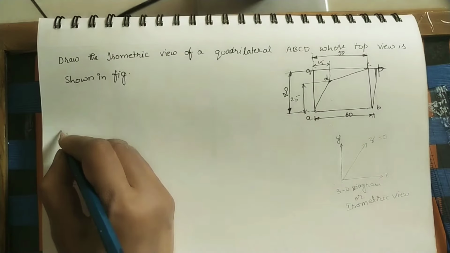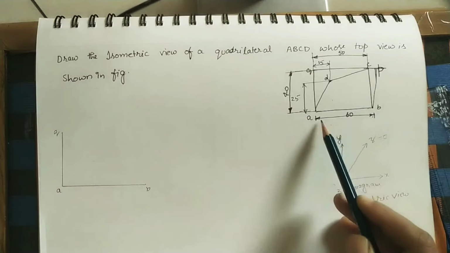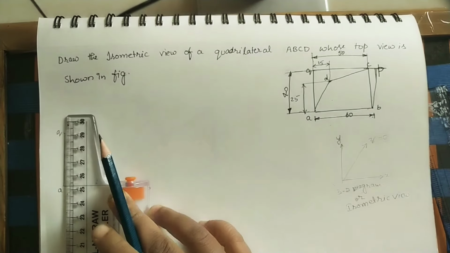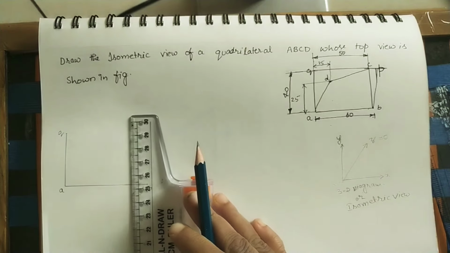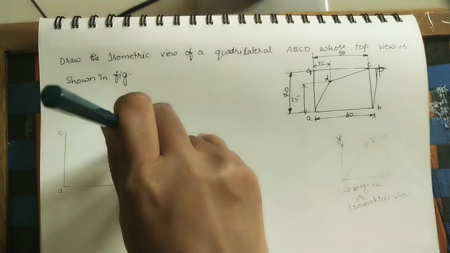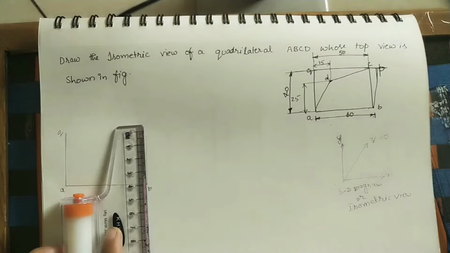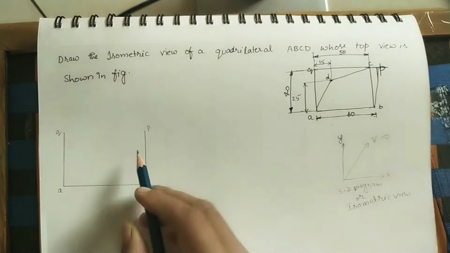Here, whatever points have been given, take those points. After that make it into a rectangle. For getting the 90 degrees line on this side, I am using the roller scale. I am keeping the scale here for this line, moving that scale and keeping the scale at this point, 40 mm. So check whether it is 4 cm or not. This point is the P point. Join P and Q.